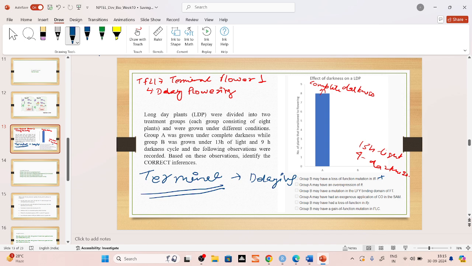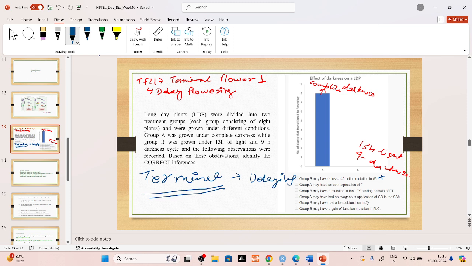Then your second option is group A may have had an overexpression of the FT locus. FT is your flowering locus T. Okay, so group A, it is the correct option. Why? Because FT promotes flowering. Okay, but the fact that group A is in complete darkness, it means that this has happened because of overexpression